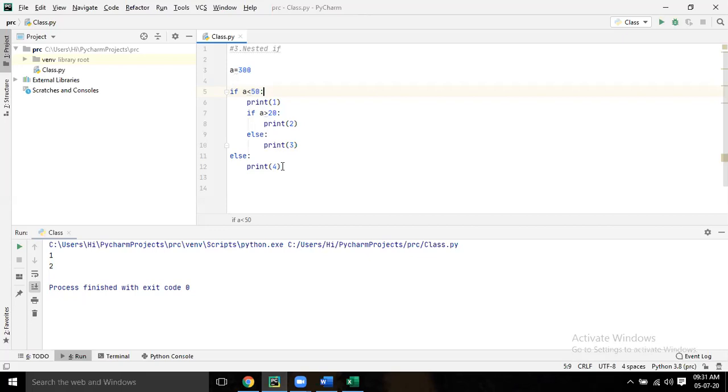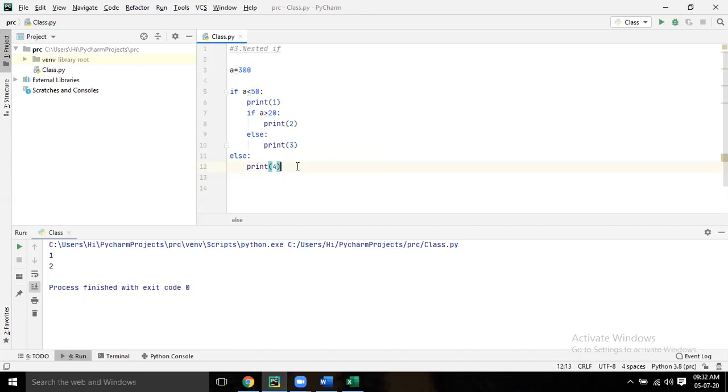No. See, that is the inner one. If the first criteria is not satisfied, how will it go inside? If somebody is coming to your room, and the first person, your father, didn't give any permission, then he won't come inside to your kitchen, right? So that is because that is inside the if.